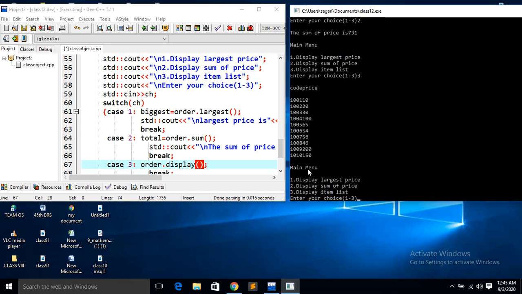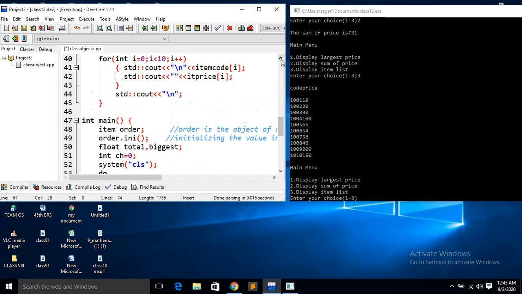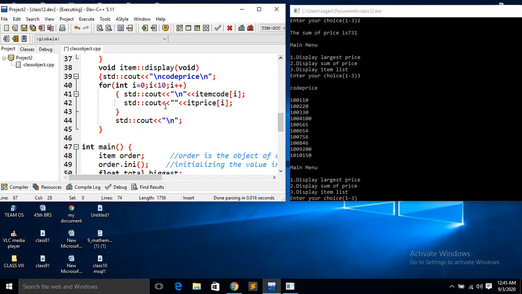So for separating I have to go to the main program and just modify. What modification I have to do, can you tell me? See, to display, here it is displaying, no? So I have to edit in the display part, that means the display function. I have to go to the display program. Yes, here you see how it is displaying.